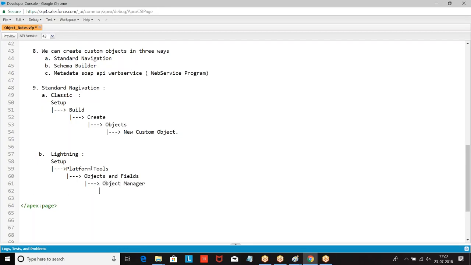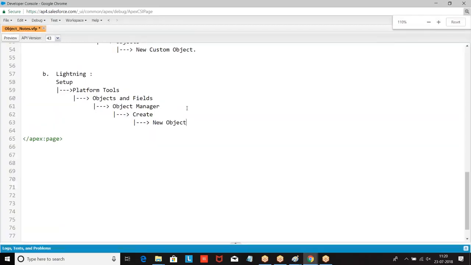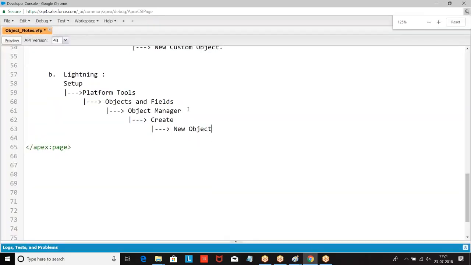Setup, Platform Tools, Objects and Fields, Object Manager, Create New Object. This is how we create.